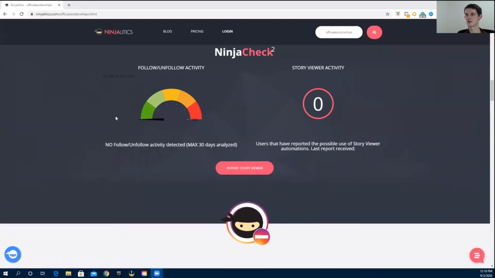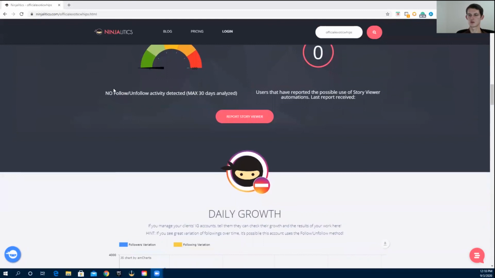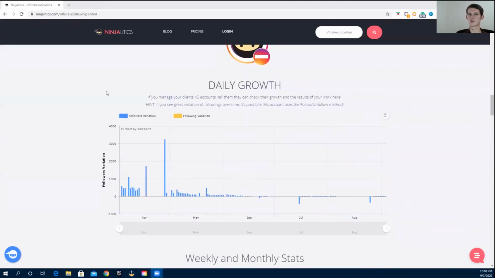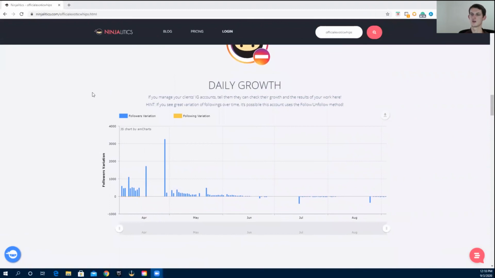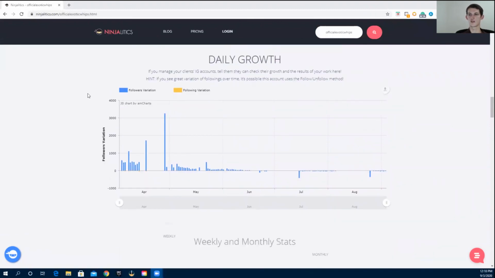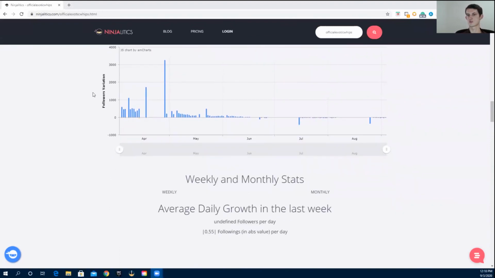But moving on here, this you don't really have to worry about. Make sure that you're not doing anything shady with your account, as in follow, unfollow, or buying followers or anything like that. Instagram is super smart. They can pick you out and you will get your account demoted a ton. And if you do that, then you're not going to be able to generate any type of leads through your social following.